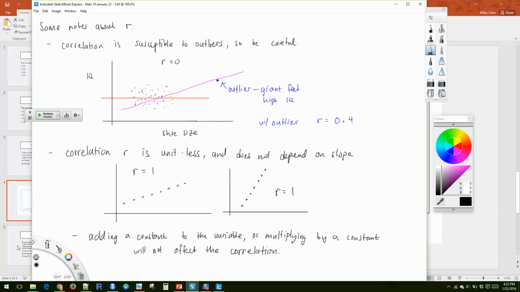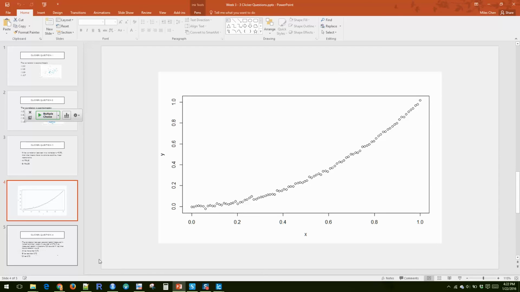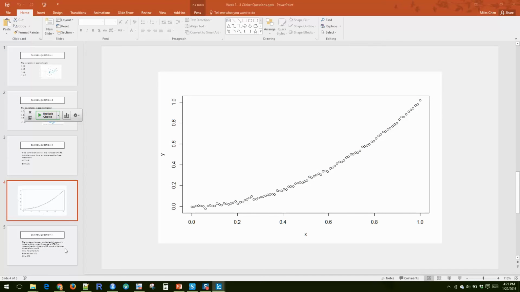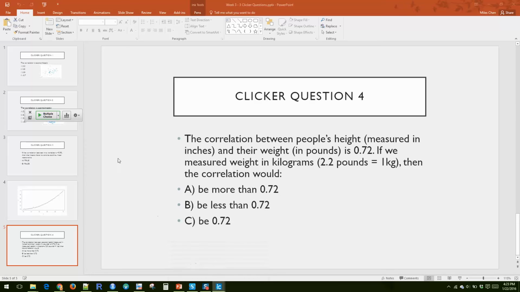All right, let's try this question. Let me get the clicker started here. So this is question 4. The correlation between people's height measured in inches and their weight in pounds is 0.72. If we measured their weight in kilograms, 2.2 pounds, then the correlation between height and weight would be